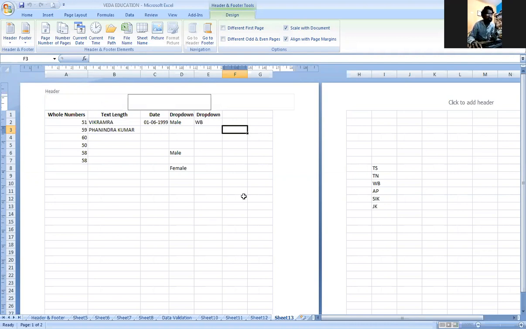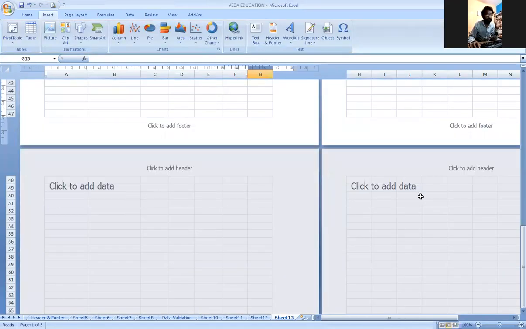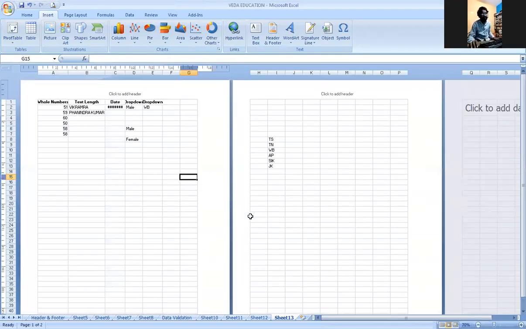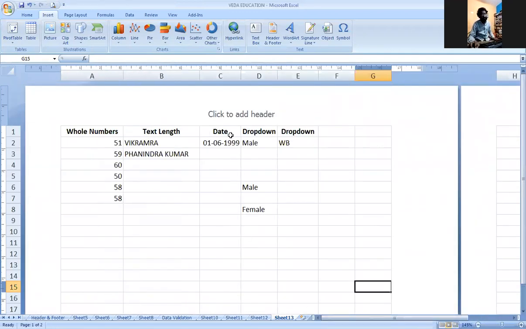You can see this is one page, and the other is another page. You can see one more page is coming over here, one more page like this. The pages have been divided and classified accordingly. Now what we can do is add the header as well as the footer, and the header will come at the top of the rows.